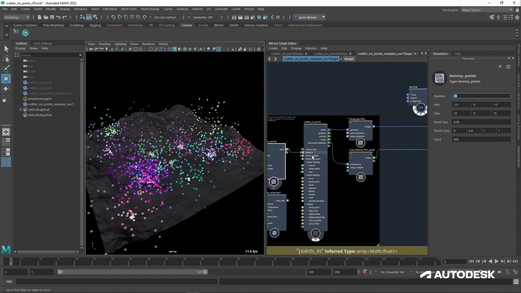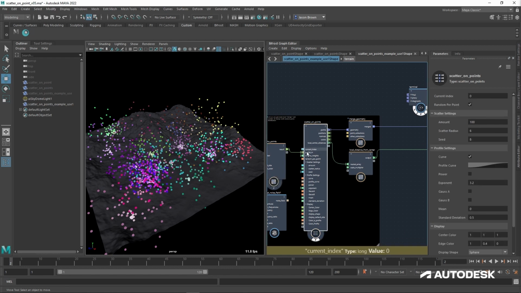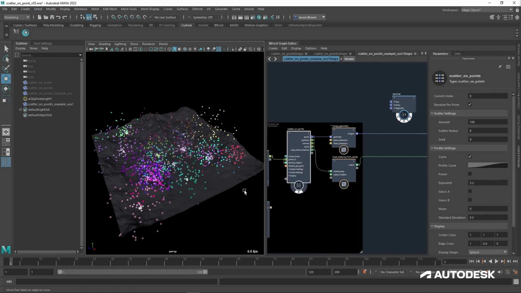Right. So the points in here control this. This is a big loop. There's the current index there. Great big loop. So the points in controls the number of times around the loop it goes. So anyway, the upshot of it is we've got